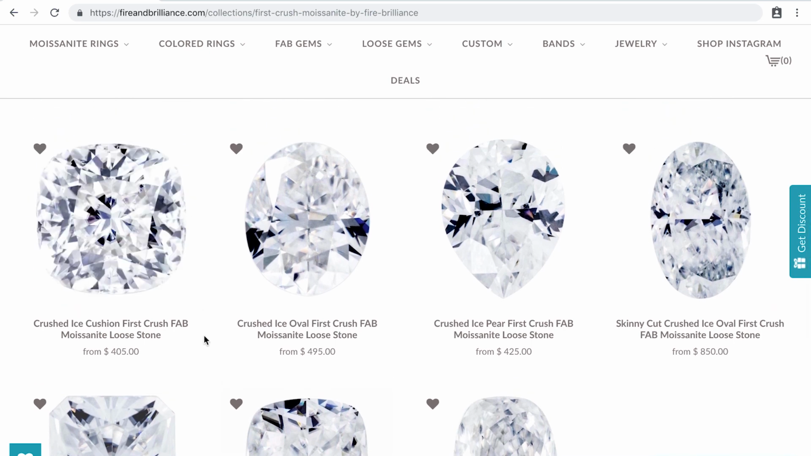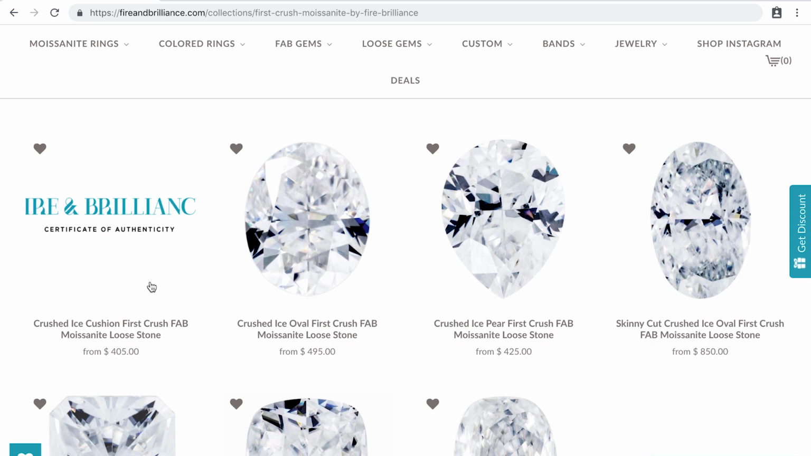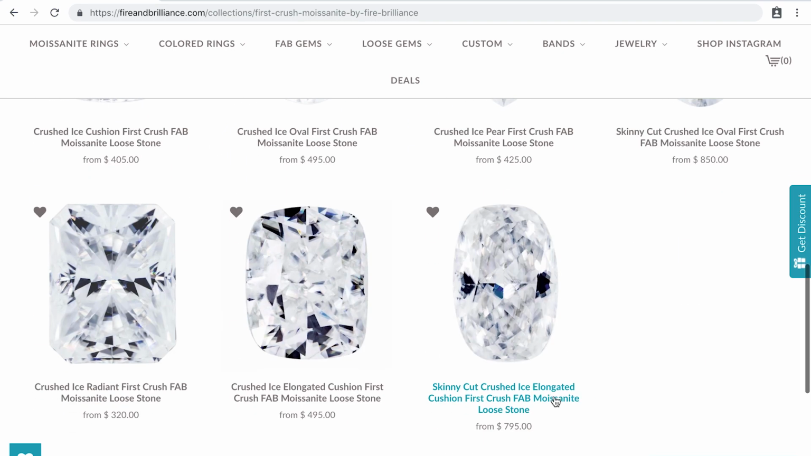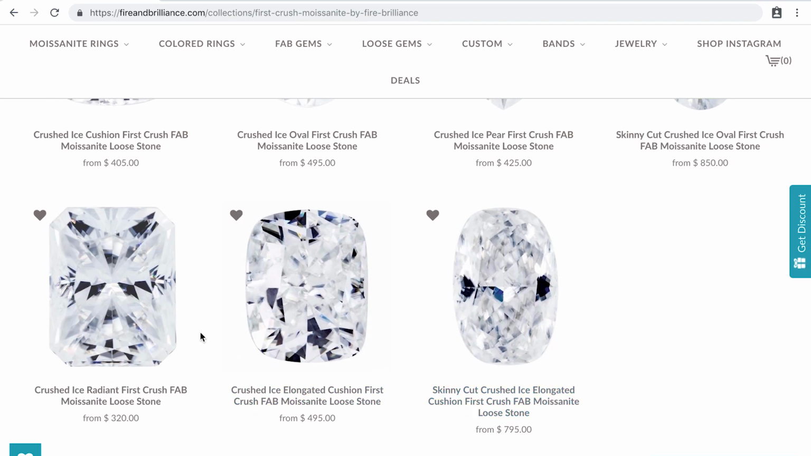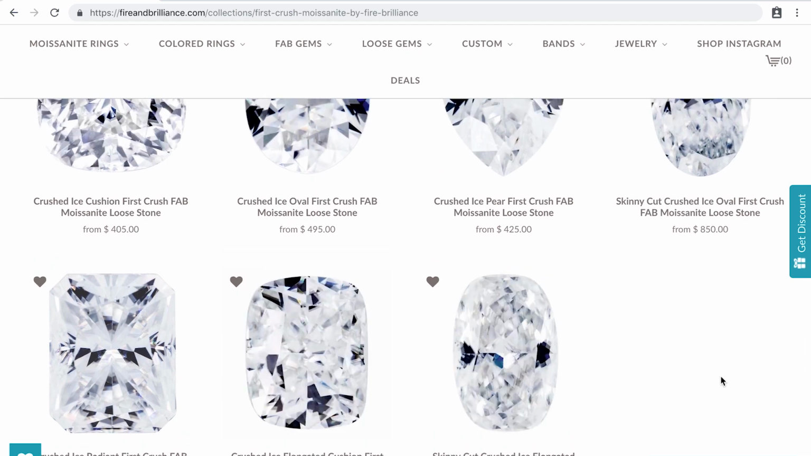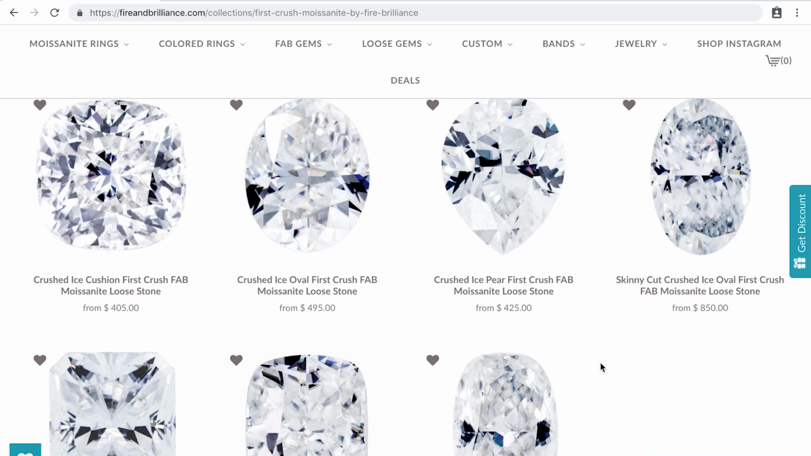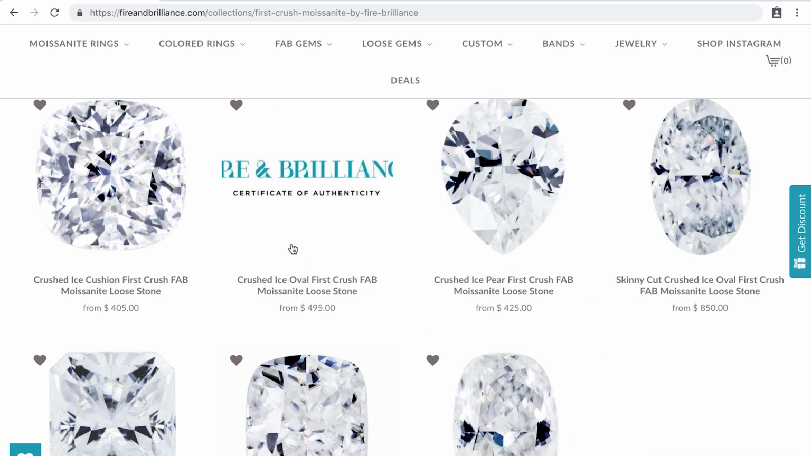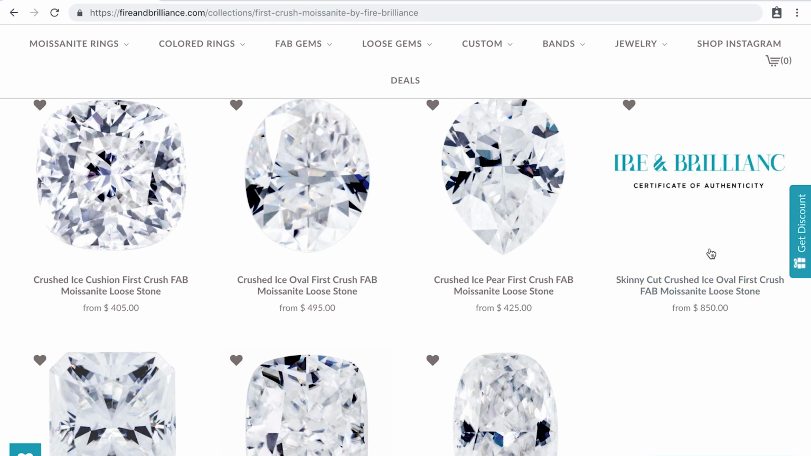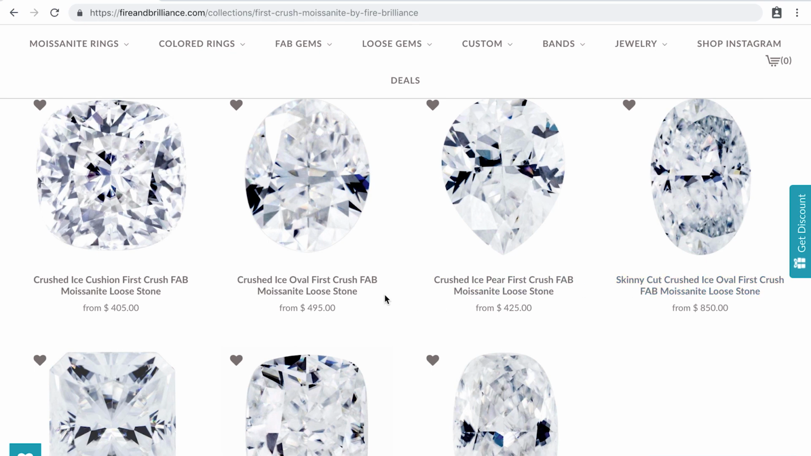So the shapes that we have is the crushed ice cushion shape, the crushed ice oval, crushed ice pear, as well as crushed ice radiant. Now we do have three other cuts here. The only difference is that these are both oval, but we do have the skinny cut. In other words, it's longer. So if you like the longer ovals, then go with the skinny oval cut, crushed ice,